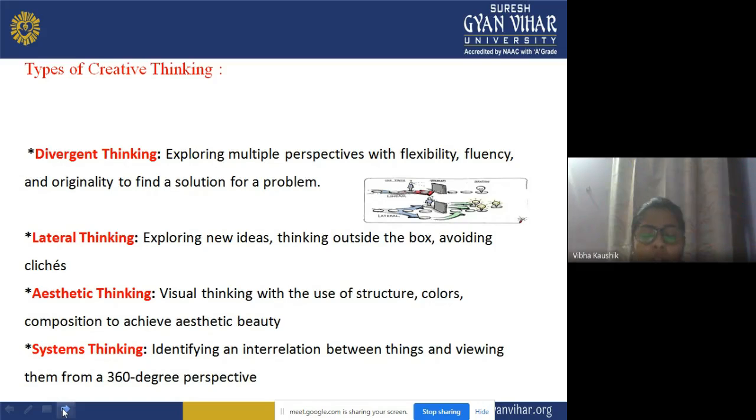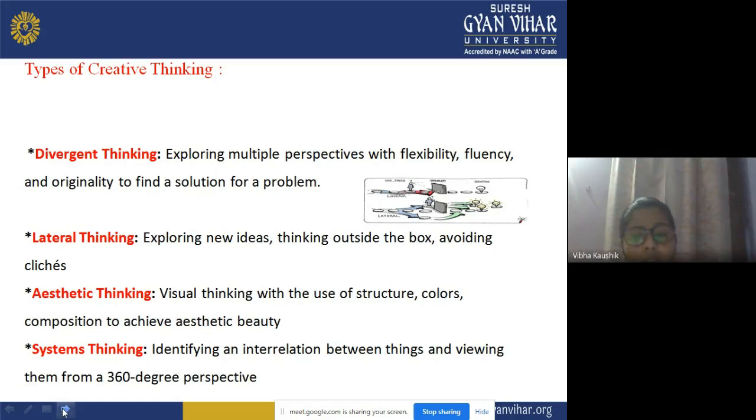Only then will you expand the range of choices. When you narrow your thinking, the choices will not be there. It means that if you want a range of choices to solve a problem, you have to broaden your thinking process, and that type of thinking process is called systems thinking.